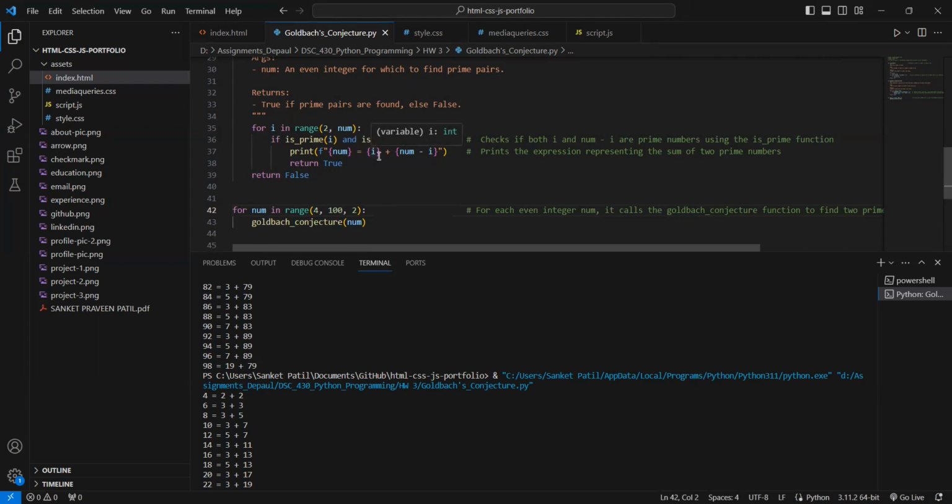It iterates through the numbers from 2 to num minus 1, and it checks if both are prime numbers using the isPrime function. If it finds such prime numbers, it prints the expression representing the sum of two prime numbers